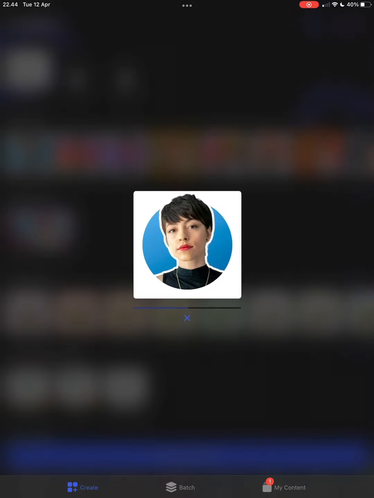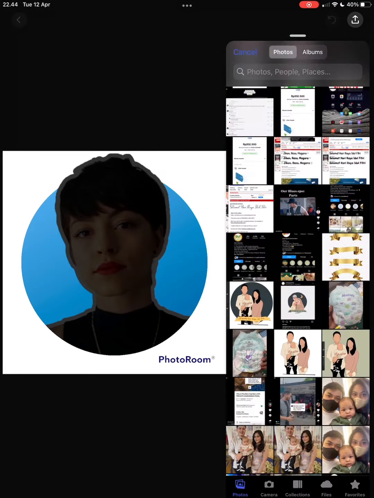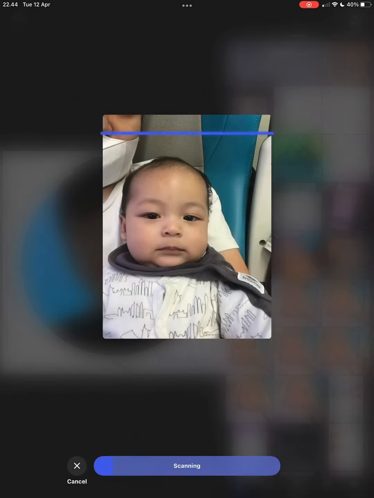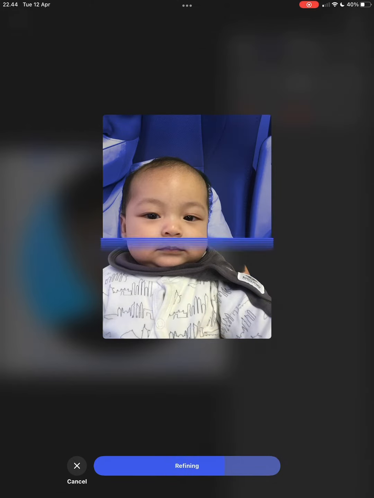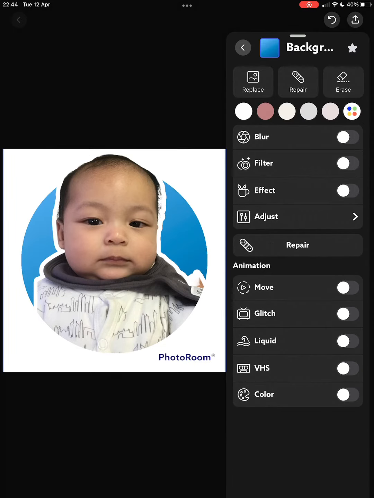So first you choose the template, and then you choose the photo you want to use. So for example, this one, and then wait, it's removing the background of the photo, and then now you can just tap on the background, so the blue color there, and then you can just change the color by tapping